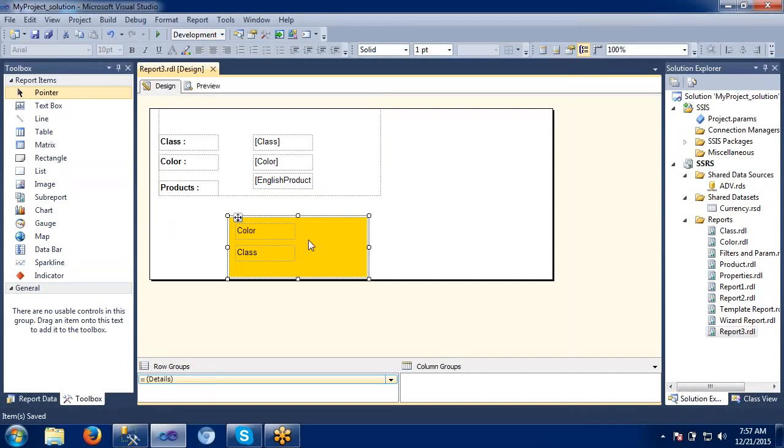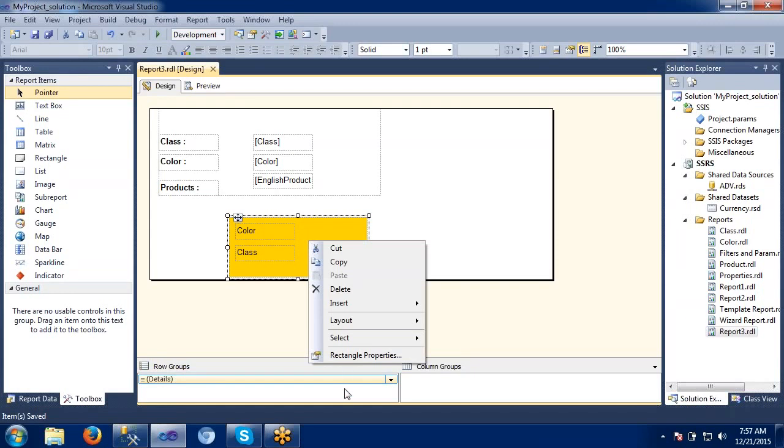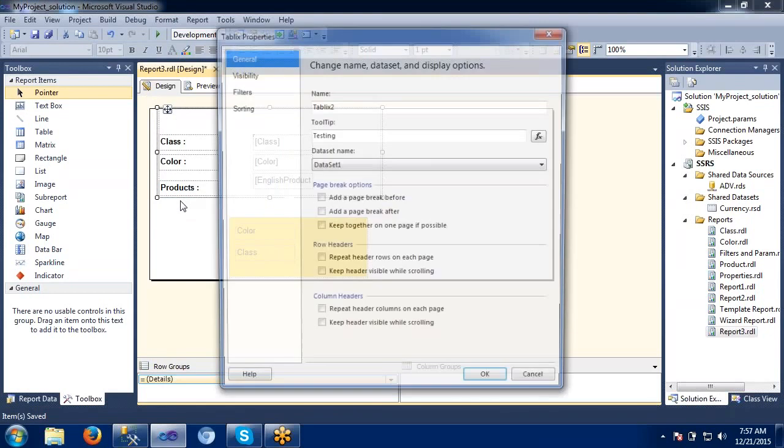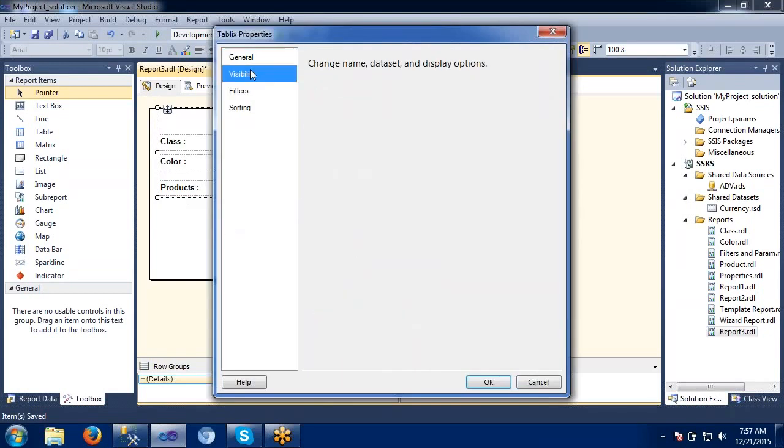A rectangle is nothing but one container where we can hide or display some data based on a list of columns. If I want to hide some column here, I cannot do this in the list, right? When I set this tablix property, the entire thing is going to be displayed as hidden.